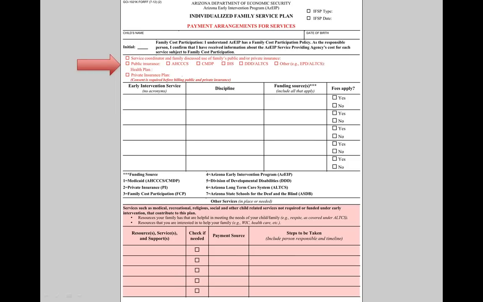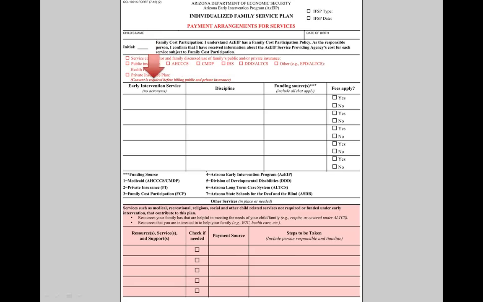If the family has public insurance, such as Access, the service coordinator would check the kind of public insurance box that applies and then list the name of the health plan. If the family has private insurance, the service coordinator would check the private insurance box and list the name of the health plan.